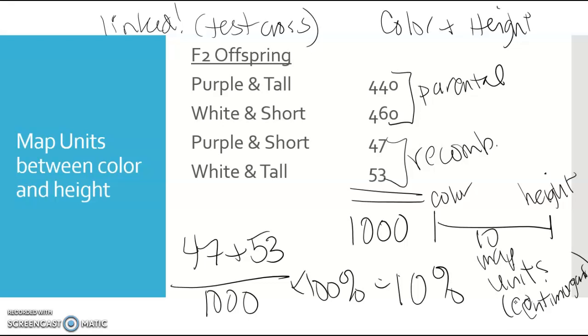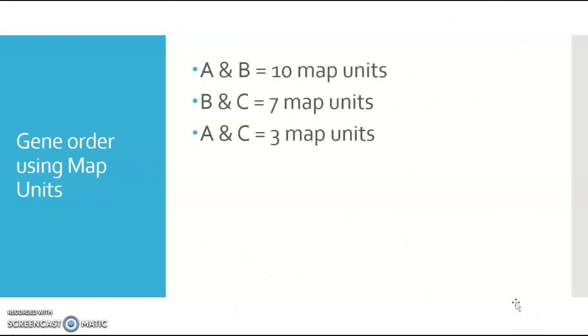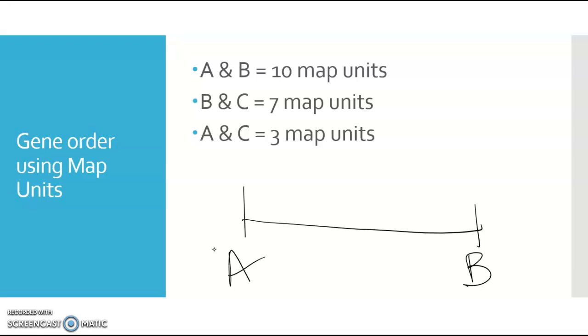Now, we can keep going further with this, and what you're going to see here is you could also determine gene order. I've got these 3 genes, A, B, and C, and I want to know how they are relative to each other on a chromosome. So, as we can see, if you take a minute, it's kind of like a little biology Sudoku. You can see 10 map units is the farthest in regards to distance, so we know that A and B are going to be the farthest apart from each other, and C is most likely going to be in the